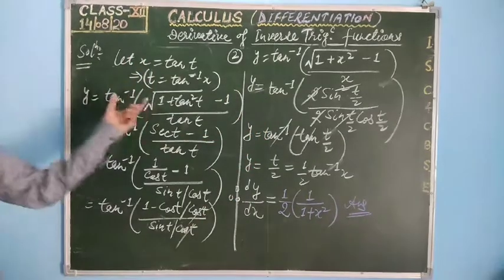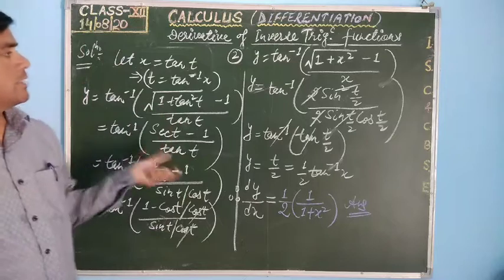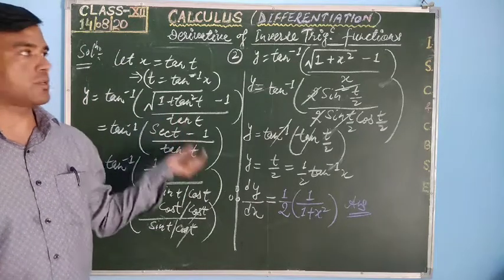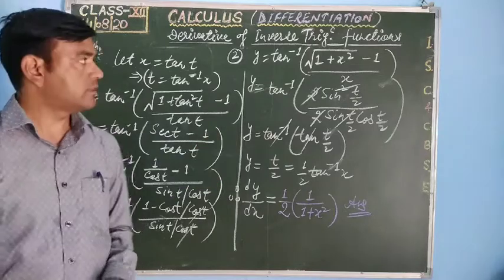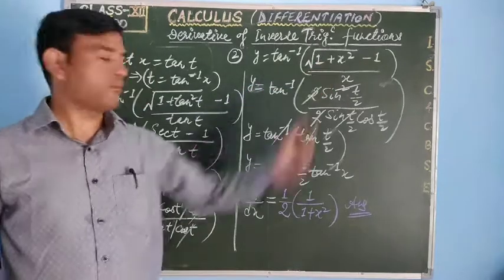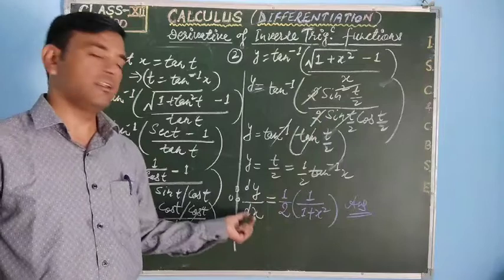So in this way we can use substitution, or any easiest substitution, to find the derivative of any trigonometric function, changing the typical form into the simplest one, and then finding the derivative of that.